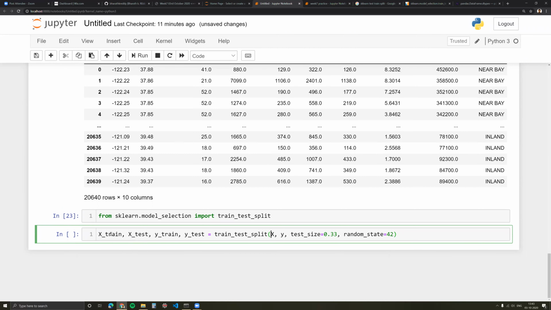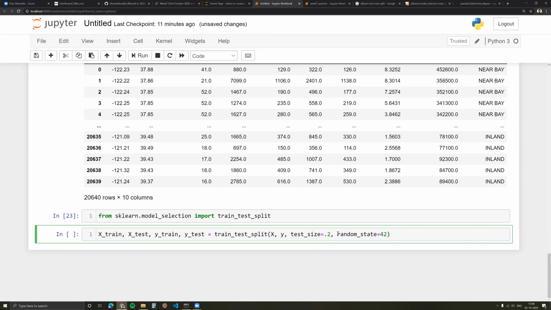I just copy paste an example and then see how I can modify it to my own use. Okay, so we have X_train, X_test, and we need to give it X and y. I'm going to change my ratio to 0.2. That means 80% of my data would be in the training data set, and 20% would be left out for test.